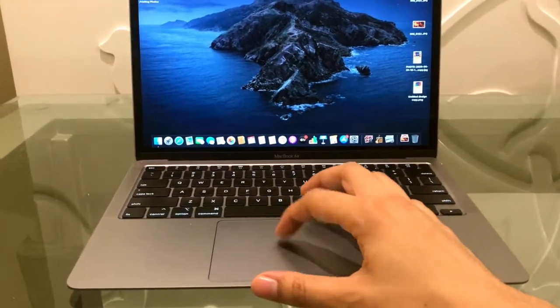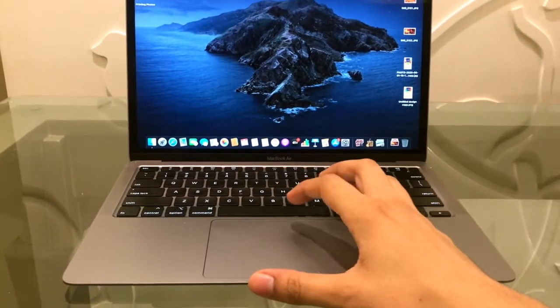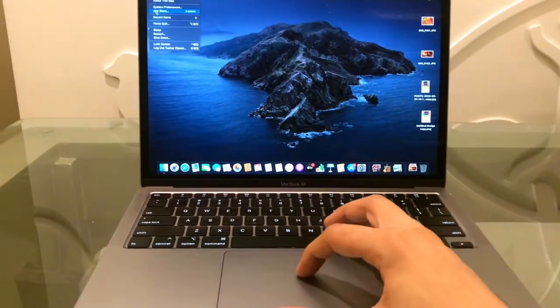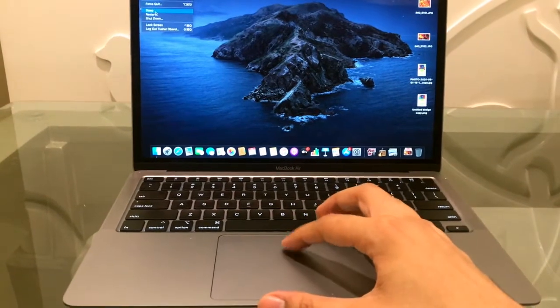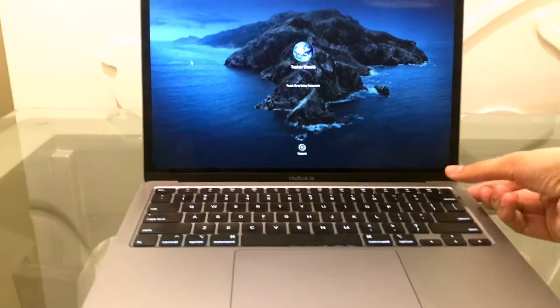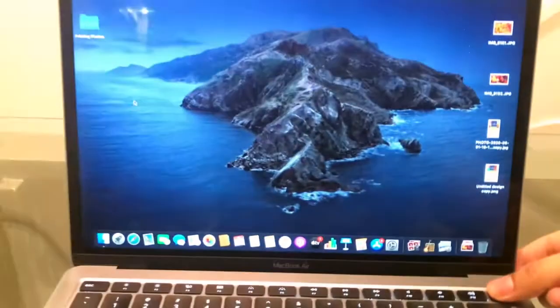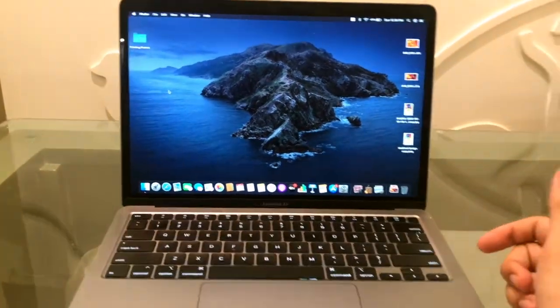And the major change which I noticed about this is the Touch ID, because the response of the Touch ID is really very nice. I'll show you the response once I lock the screen. The Touch ID is located at this right corner over here. Once I press this button, the laptop opens and it unlocks, right?